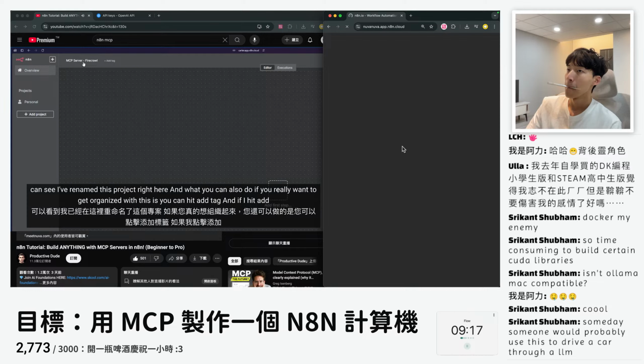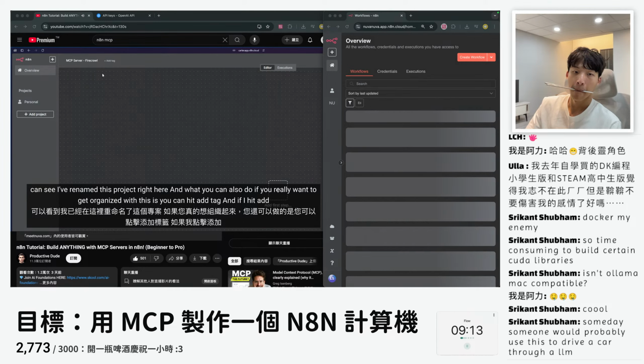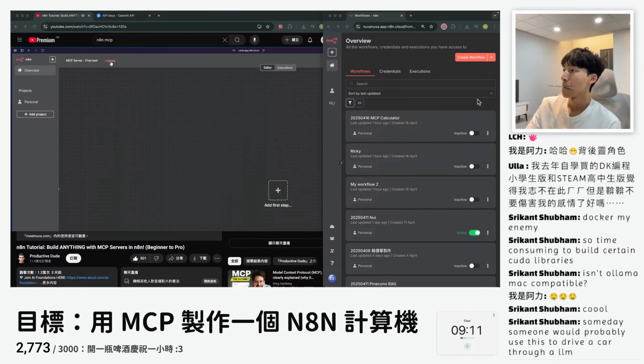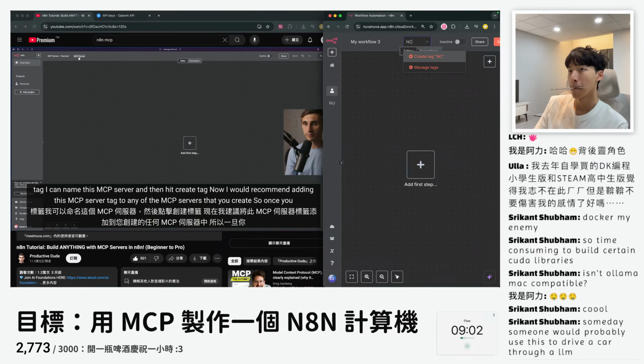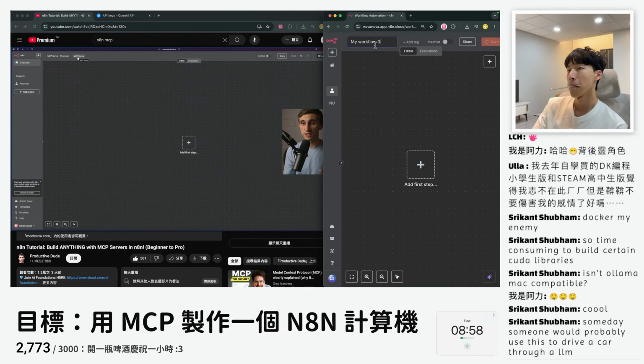So now, as you can see, I've renamed this project right here. And what you can also do if you really want to get organized with this is you can hit add tag. And if I hit add tag, I can name this MCP server and then hit create tag. Now, I would recommend adding this MCP server tag to any of the MCP servers that you create.